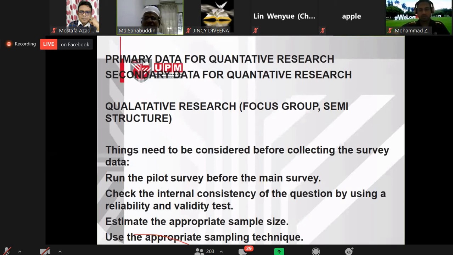Now for the social science, we have primary data, secondary data, and the method is quantitative research. So what is quantitative research? When you collect data using a questionnaire from any respondent or participant, this is called primary data collection. Secondary data means the last 10 years of stock we collect from maybe any organization system, or the last 10 years of data we collect from the internet and websites. So this is called secondary data for quantitative research.